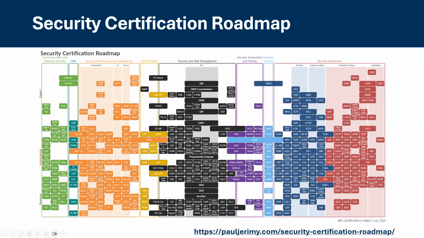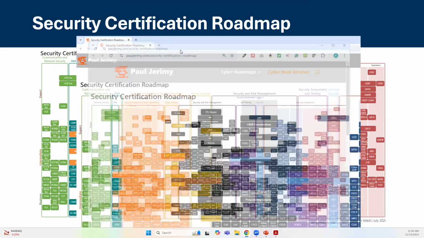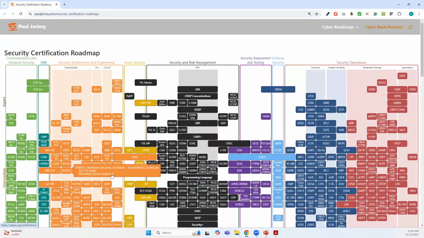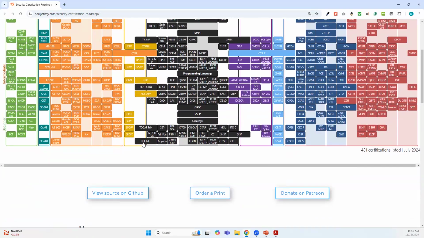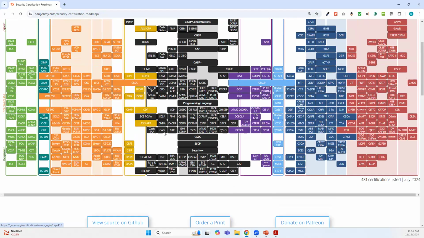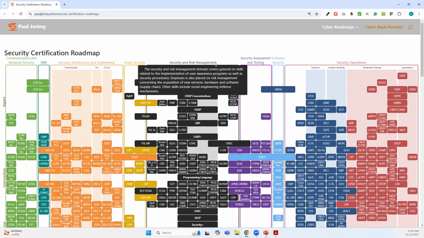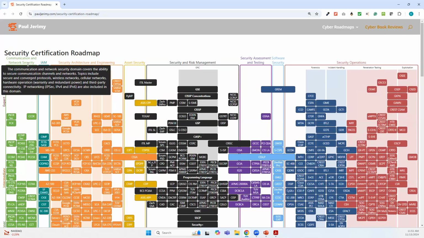The beauty of this website is that it gives you a description of what each one is, the cost, and a link to it. So you'll see the students do the CompTIA Security Plus at the beginner level, and that's under security and risk management. But again, they have communication network security, they have identity and access management.